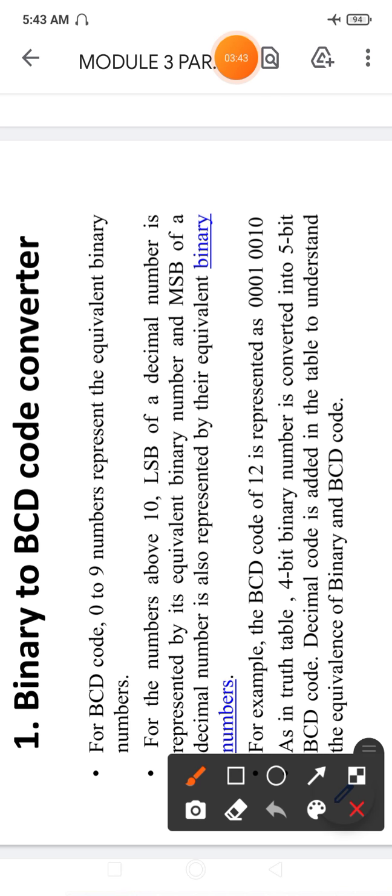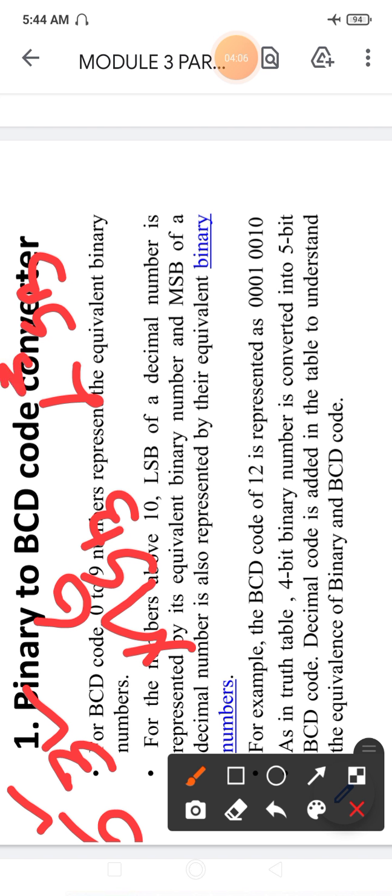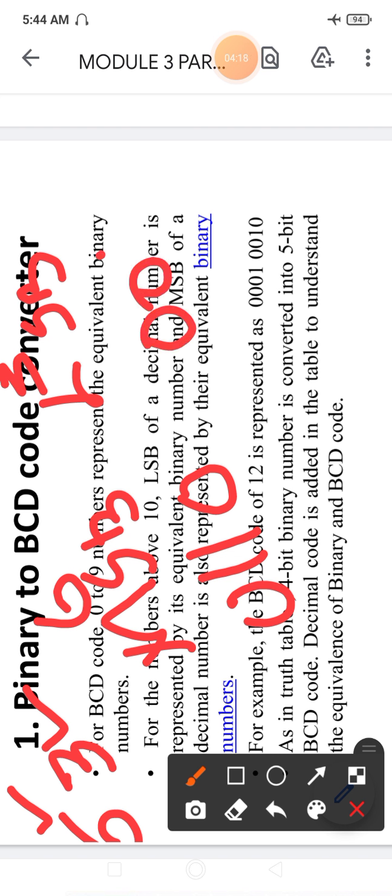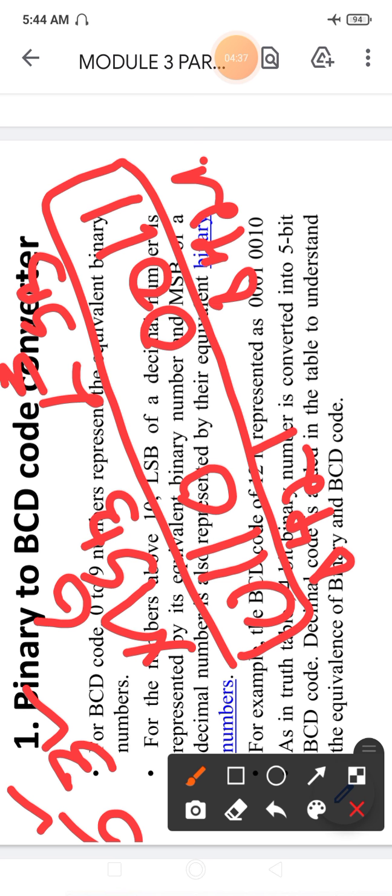Say if you want to represent the number 63, so this 6 becomes the most significant digit and 3 becomes the least significant digit. 6 we can represent by using 0 1 1 0, and 3 by using 0 0 1 1, that is 8 4 2 1 for 6, and 8 4 2 1 for 3. So the BCD code of 63 will be 0110 0011.